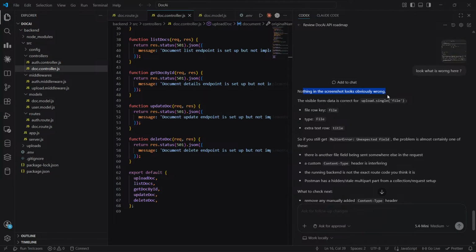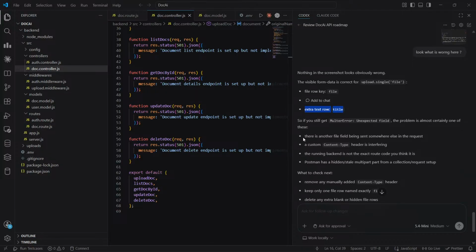Nothing in the structure is obviously wrong. The form data is correct, uploading a raw file type with extra text. If you get this multer error, it's almost certainly one of these: there is another field being sent somewhere else in the request, or a custom content type header.